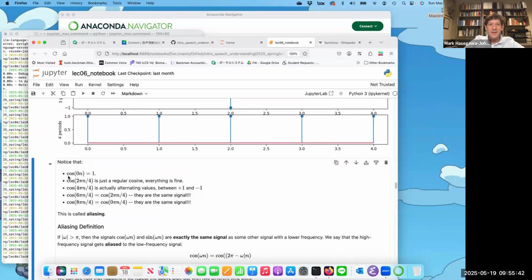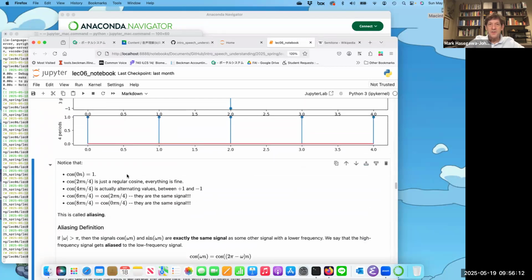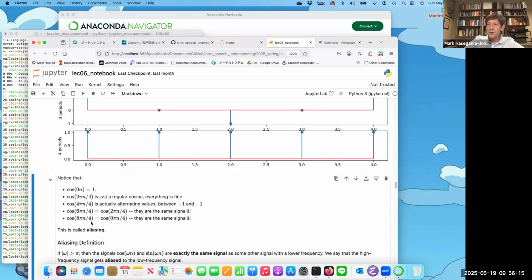So that's what's shown in the equations here. Cosine of 0 times n is 1. Cosine of 2 pi n over 4 is just a regular cosine. Cosine of 4 pi n over 4 is the cosine of pi times n, which alternates between +1 and -1. Cosine of 6 pi n over 4 is actually the same as the cosine of 2 pi n over 4. So it's actually alternating up and down, right? These are the same signal. Cosine of 8 pi n over 4 is the same as the cosine of 0 pi n over 4. These are the same signal. And the problem is that,